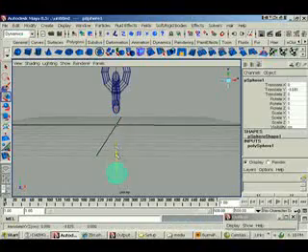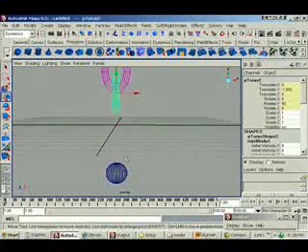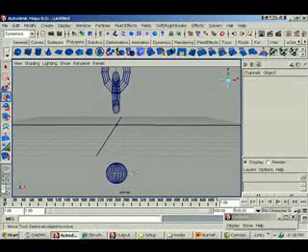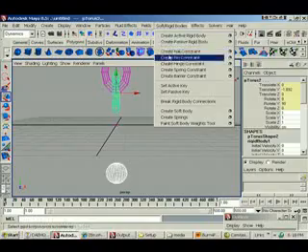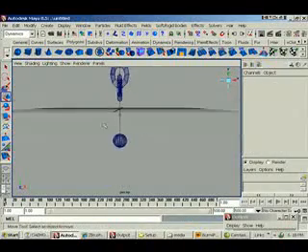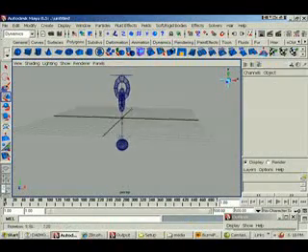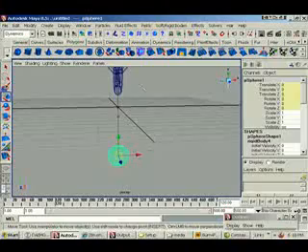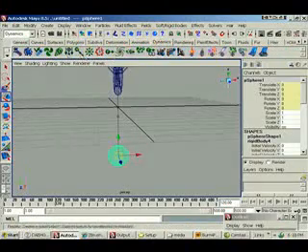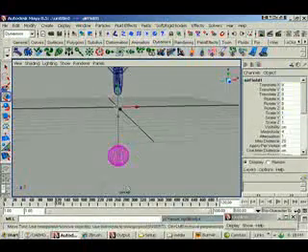Sorry about that. This is very sensitive stuff. Modify, freeze transformation. Okay. Pin constraint. Okay. Again, you shouldn't see anything. Okay, instead of doing the other method, I'm going to tie it and assign some wind to it